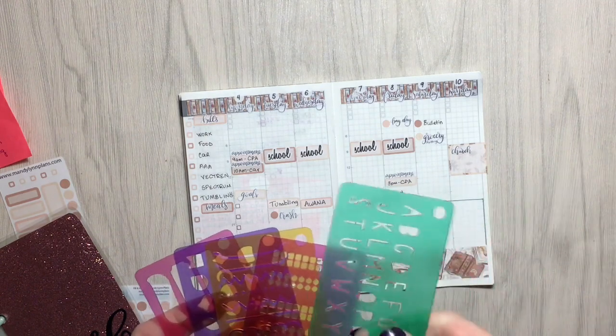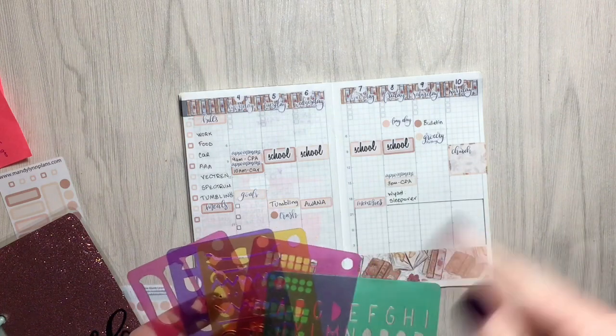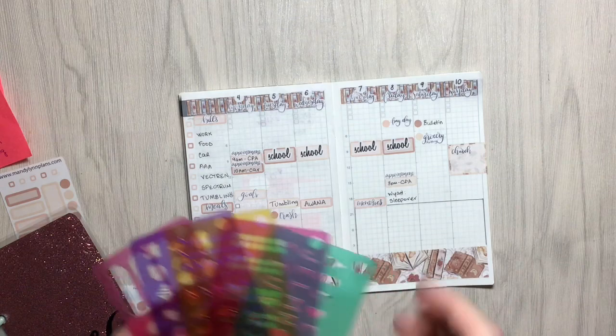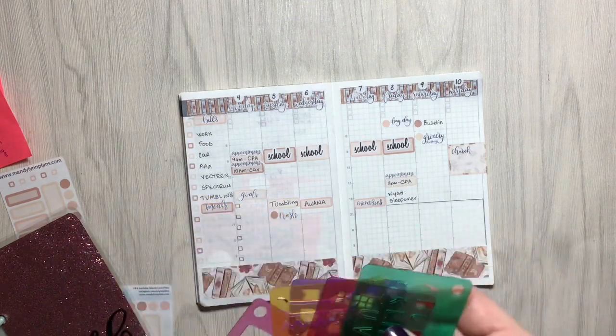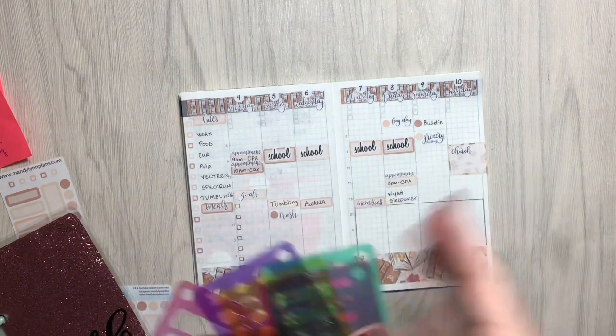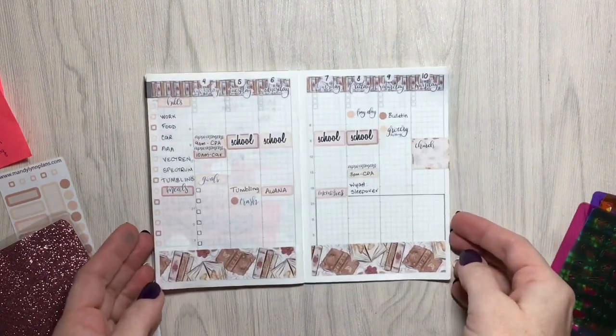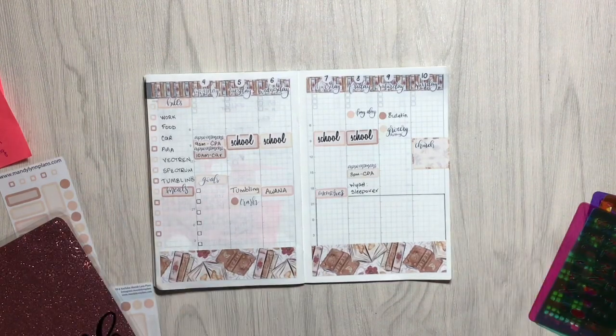But I actually use these 4 really. I like this one. I don't find myself needing to trace letters too often, but I love these. And they're perfectly sized for small stuff. So that is where we stand. This is what my week looks like. And you know what? I might